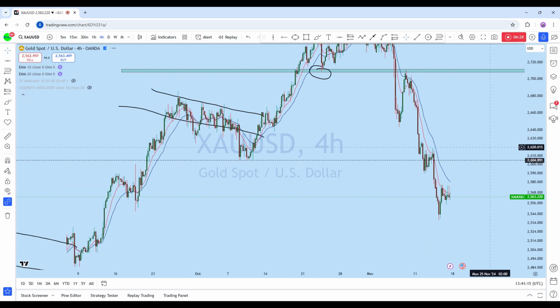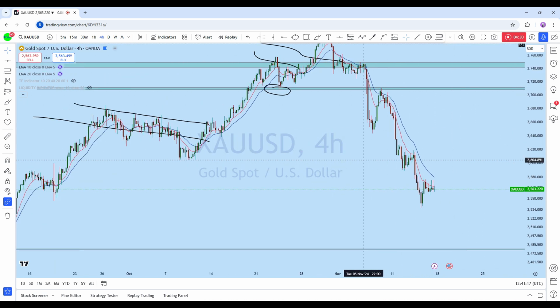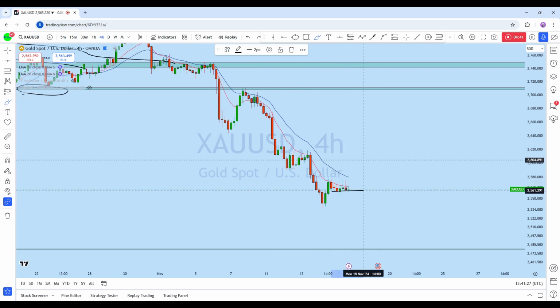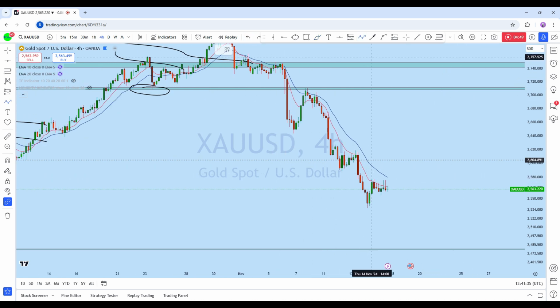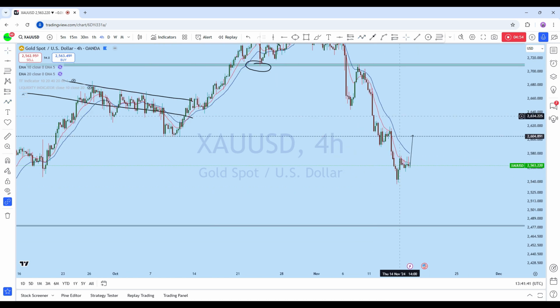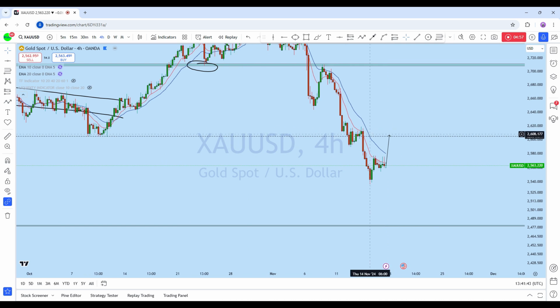Now, if we look at the 4-hour time frame to see how the market might be doing, we can see that in this lower time frame the trend is down. There is a breakdown followed by a pullback, and we can see the market is forming series of lower high and lower low. Now in this area we have seen last day of trading week a narrow consolidation pattern. Now in that consolidation pattern, what I think is that XAUUSD might revert back again to that level where there is a previous support turning resistance,